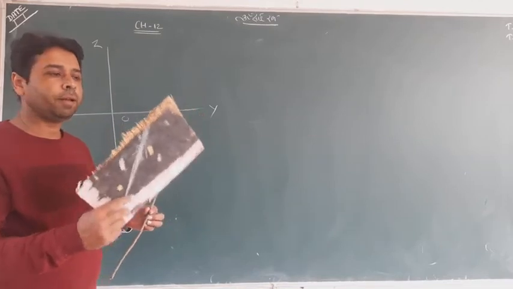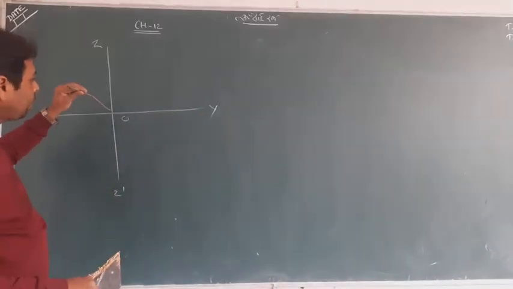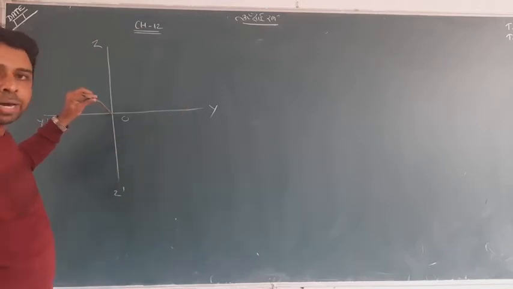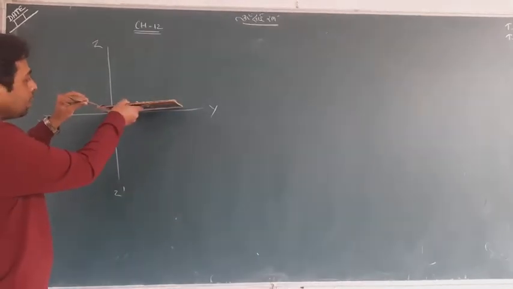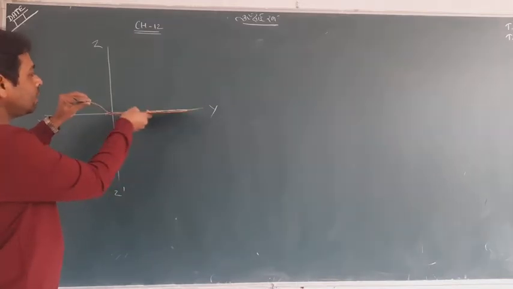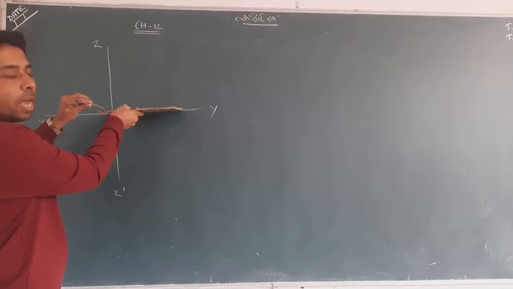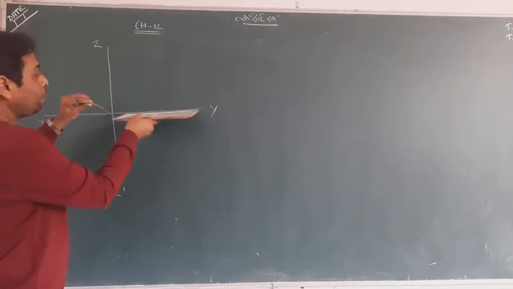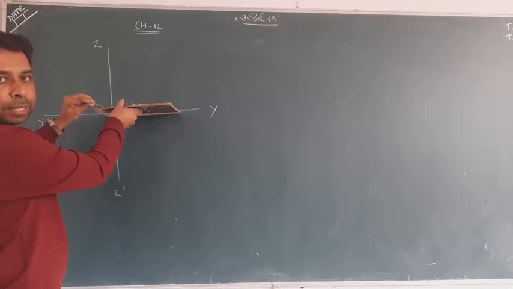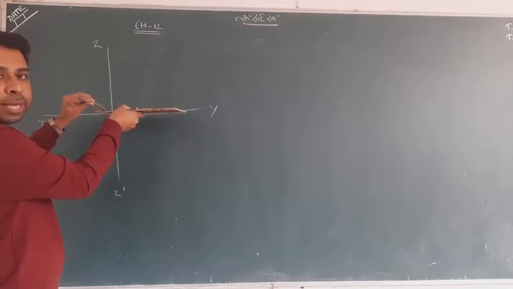This is a plane, and if I make my x-axis and this is my y-axis, you please imagine this plane. This plane is formed by the x-axis and y-axis. This plane is called the XOY plane, shortly called the XY plane. So this plane is forming the XY plane.